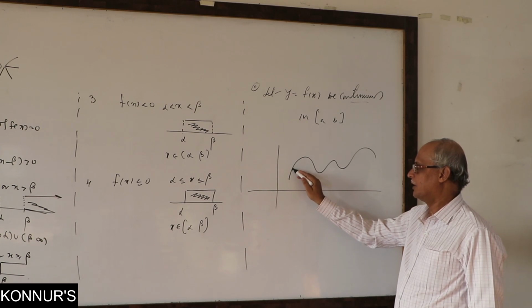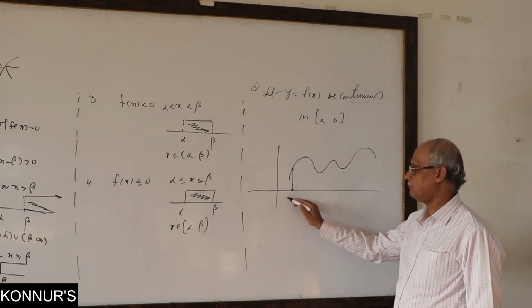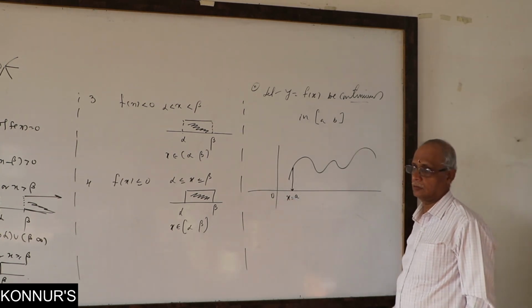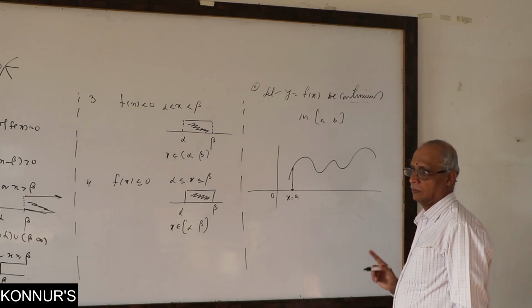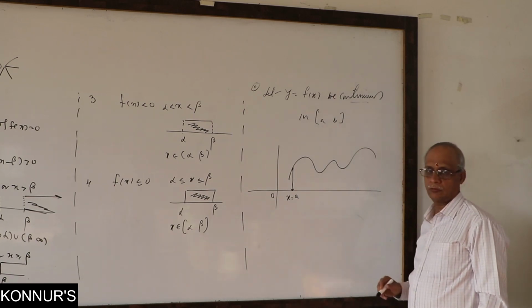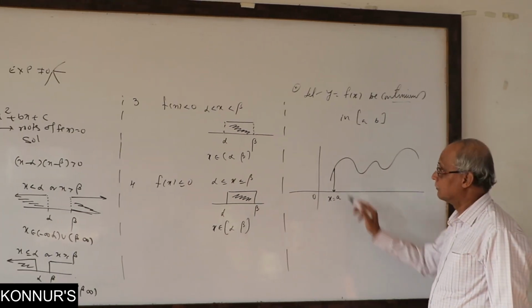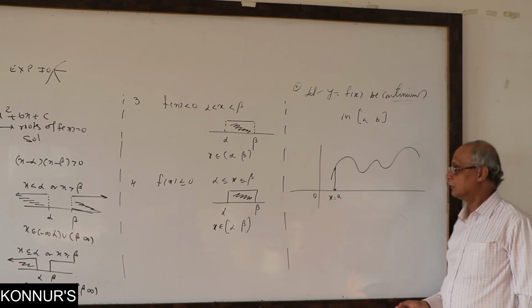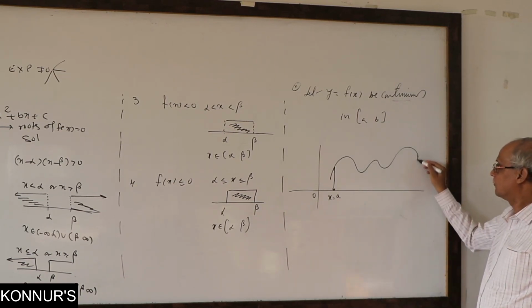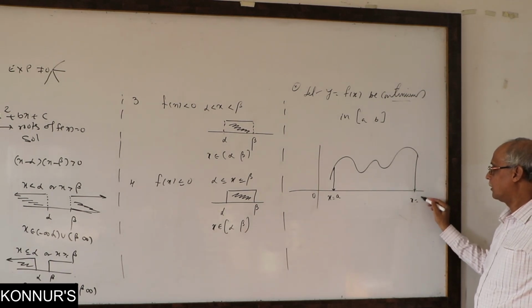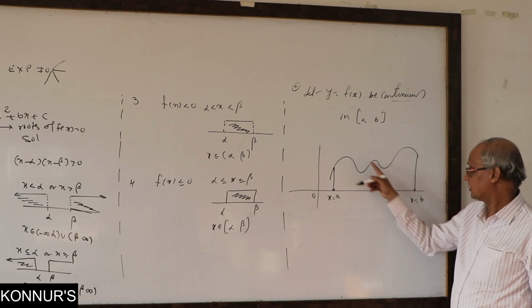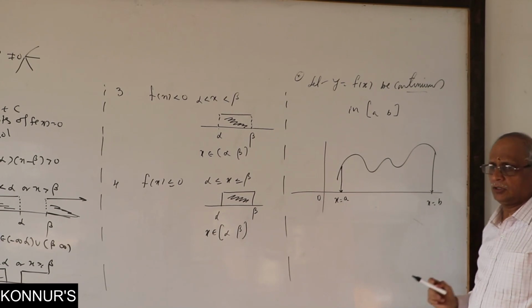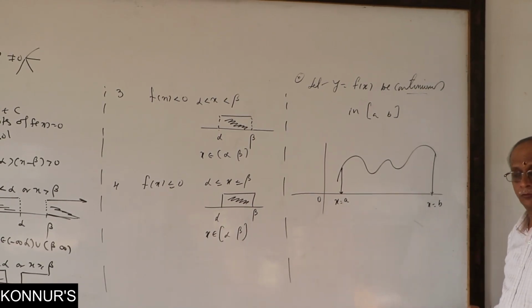Now we assume that for this total unit we start with continuity only, where I gave that it is continuous between ordinates x equal to a. The ordinate terminology is very accurate. Ordinate, the y coordinate. x equal to a is parallel to the y axis at a distance of a units, and x equal to b is parallel to the y axis. In between, it is drawn totally continuous.